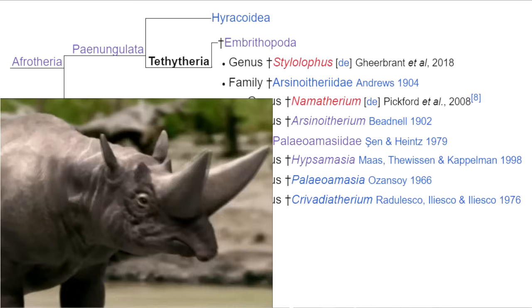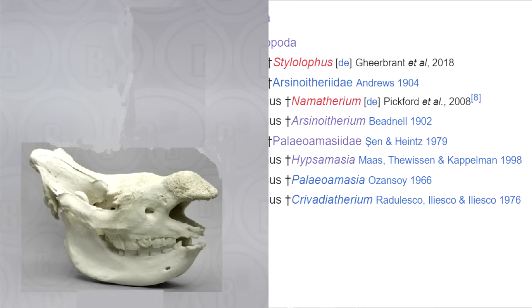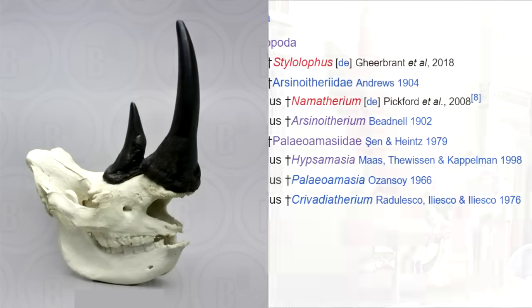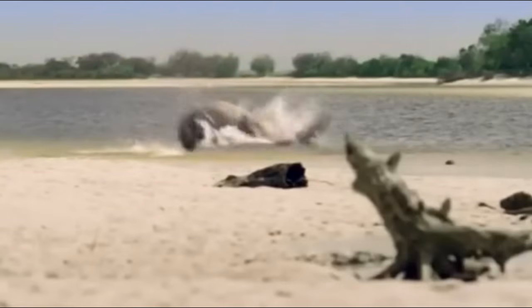These doubled horns make it look like a rhino, like if you tried to make a rhino out of a hippo. But a rhino's horn is made of keratin, so it's like a fingernail growing out of their face. Arsinoitherium's horns are made of bone, and they're hollow, so they're not as heavy as they appear to be, and the empty cavity of the horns are also connected to the nasal cavity. So they might have had a fantastic sense of smell, or they might have been useful for resonating unique trumpeting